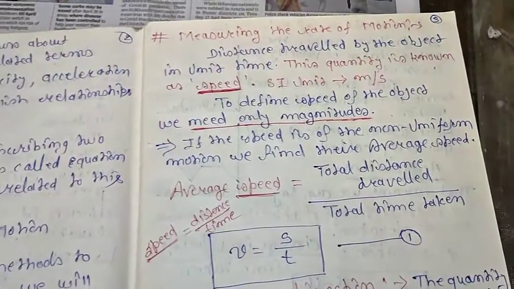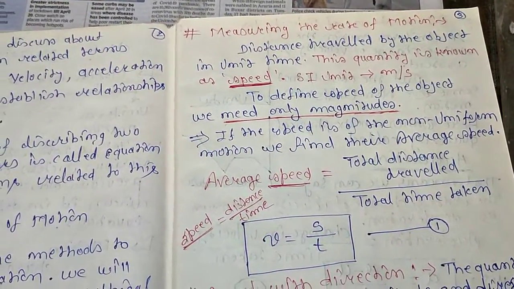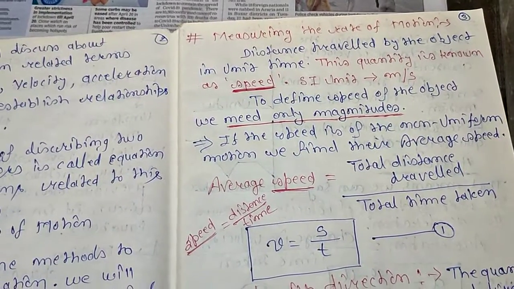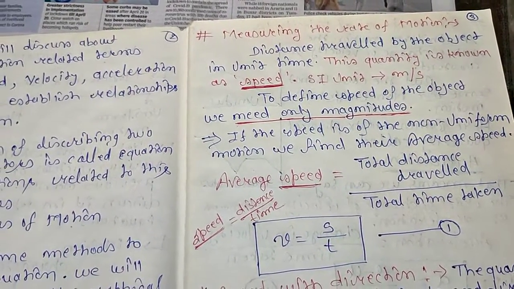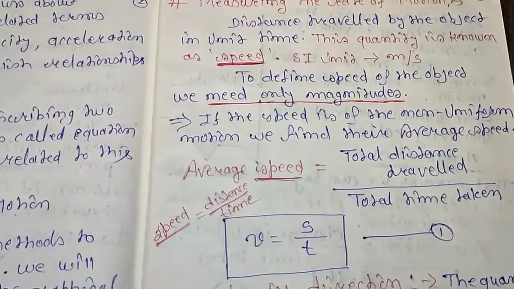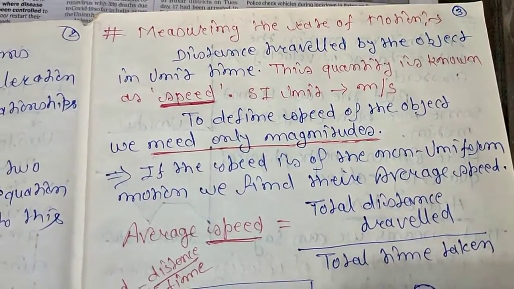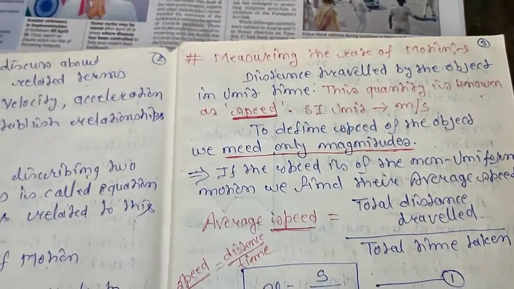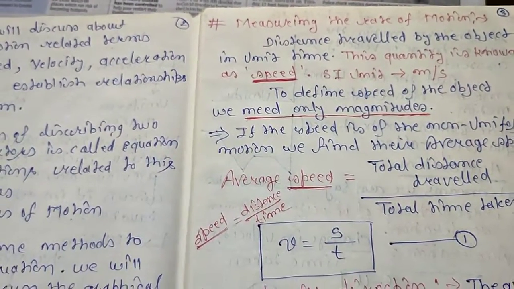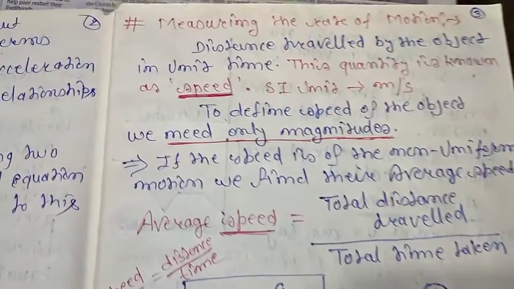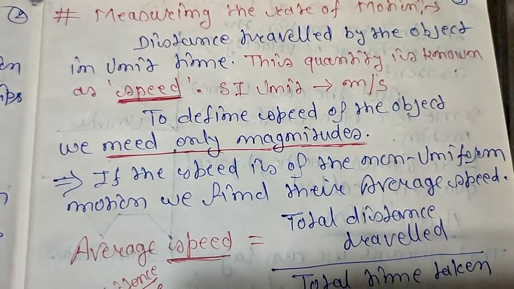Students, in the last section we discussed motion and the state equation. There we mentioned the various parameters: speed, velocity, acceleration, etc. Now we'll deal with them in detail. First, measuring the rate of motion. Rate means whenever we take something according to time, within a time interval, that is known as the rate. So the distance traveled by the object in a unit time